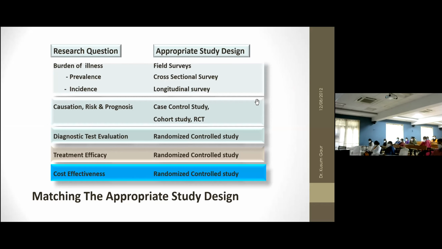Now, research questions on burden of illness, prevalence, incidence, your appropriate study design will be field survey, cross-sectional survey, or longitudinal. Suppose you are working on disease causes, risk and prognosis, you do a case control study or cohort study or an RCT. Diagnostic evaluation,